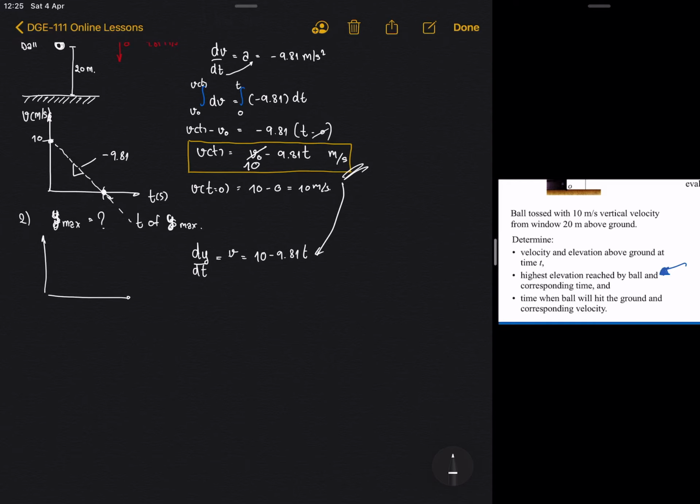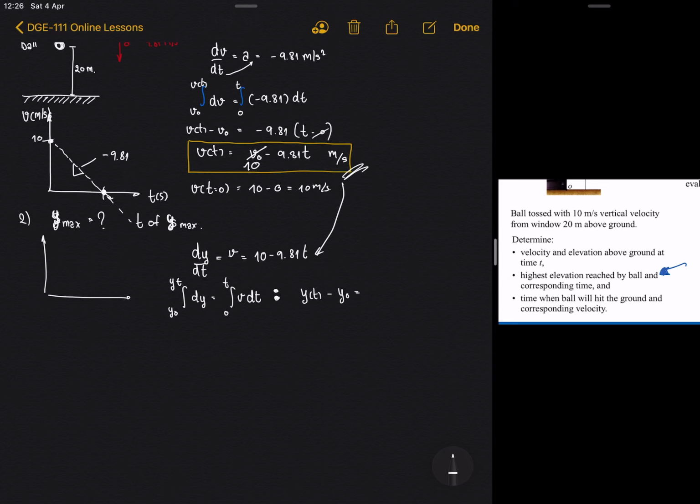Okay, and then when you would like to find the displacement, of course you have to do the integration again, integration of v dt, with limits from y0 to yt, and this is from time 0 to time t, and then in the end we will get yt minus y0 equal to,